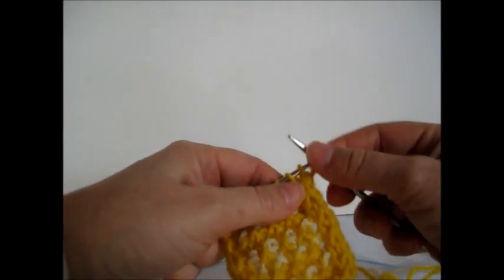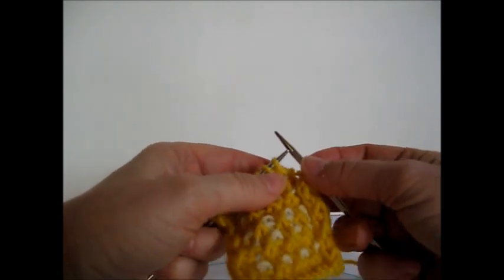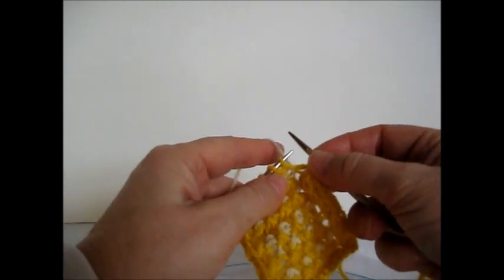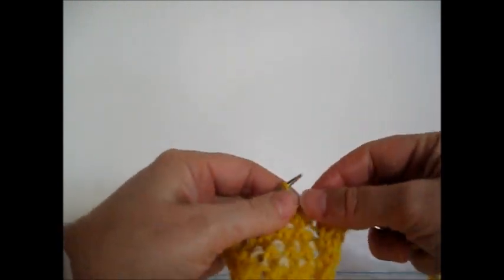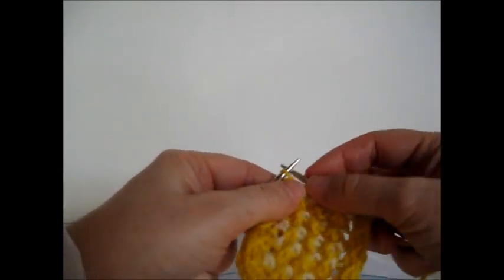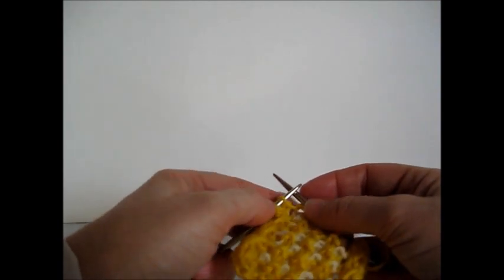So I'm going to slip my first 3 stitches purlwise and begin my slip stitch pattern, picking up my working yarn from underneath, contrast color, knit 1, slip 1 across the row, knit 1, slip 1 all the way across, ending with a knit 1. Now I've got my 3 I-cord edge stitches here. I'm going to turn my work